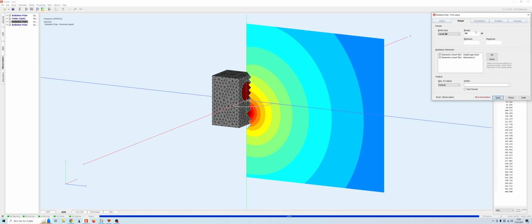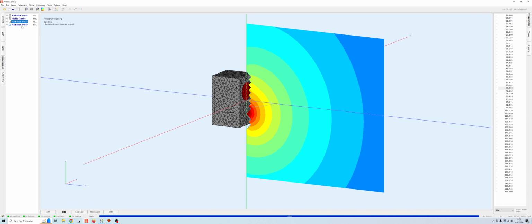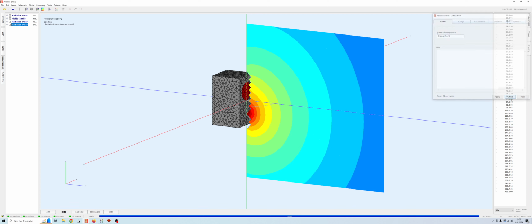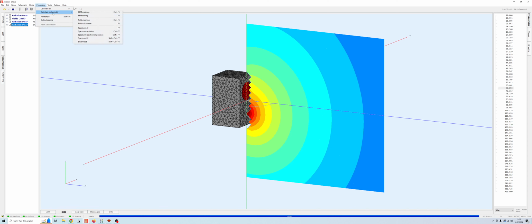And here in range, I'm just going to remove elements 12. This means that it's only observing the output of the port, or the output of diaphragm back, which is what's coming through the port. So I'm just going to click Apply, and I'm going to do the same to this one, except in this case, I'm only going to look at the front element. So this is going to be output front. Click Apply. And now if I run the processing again, just the spectrum, and I open this,